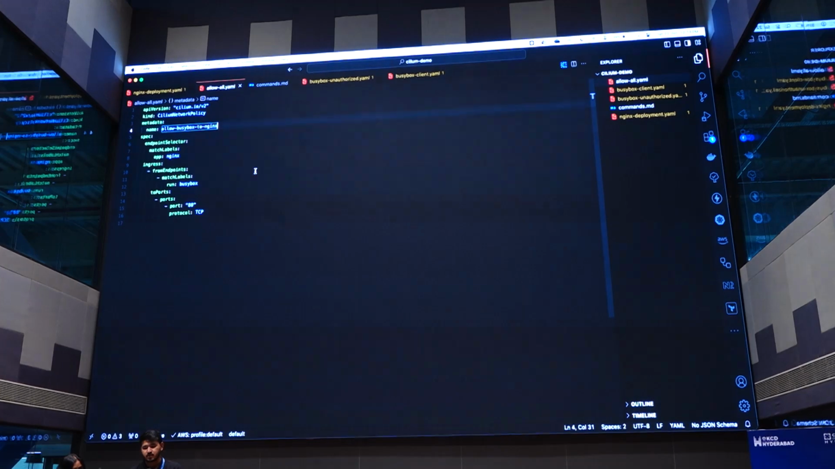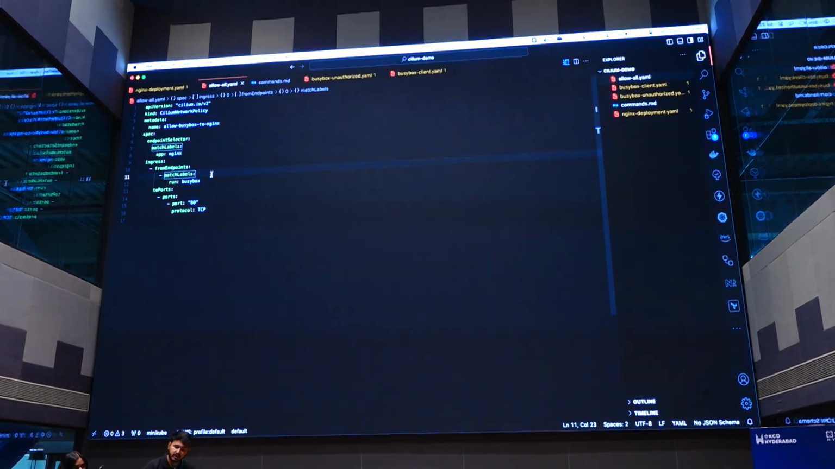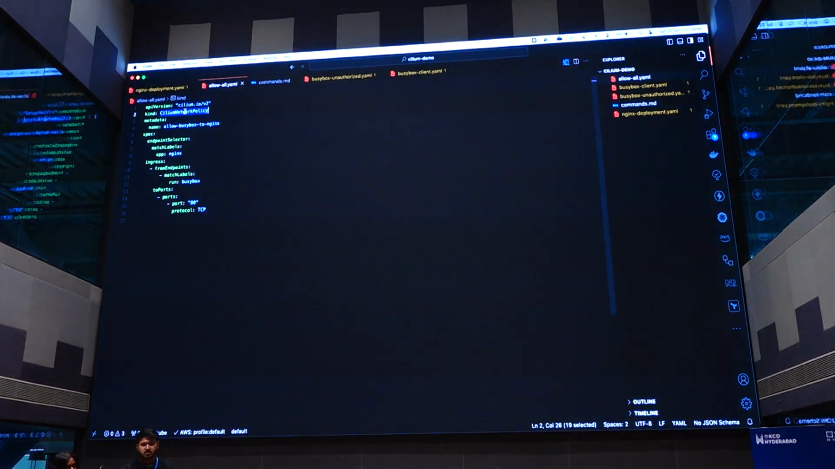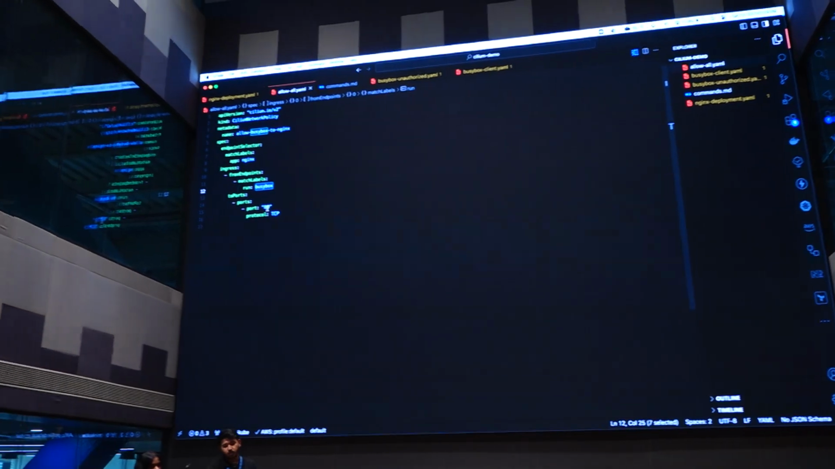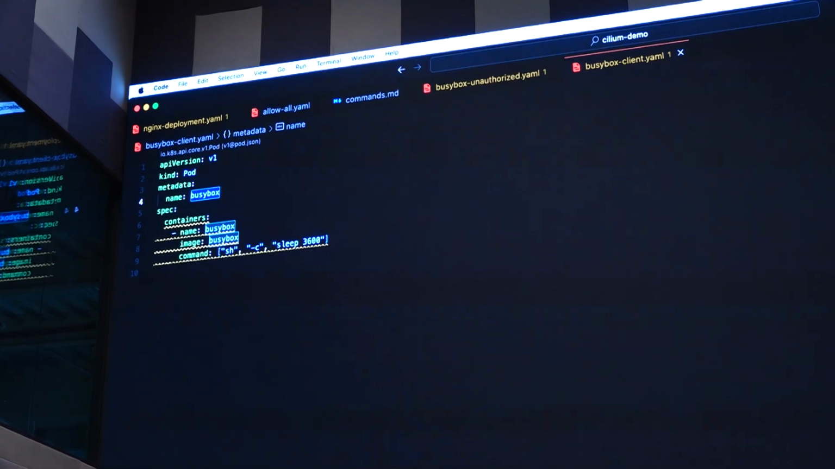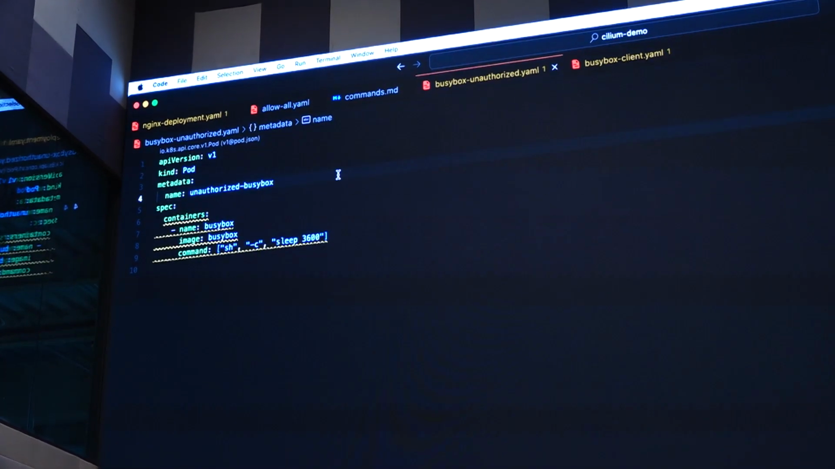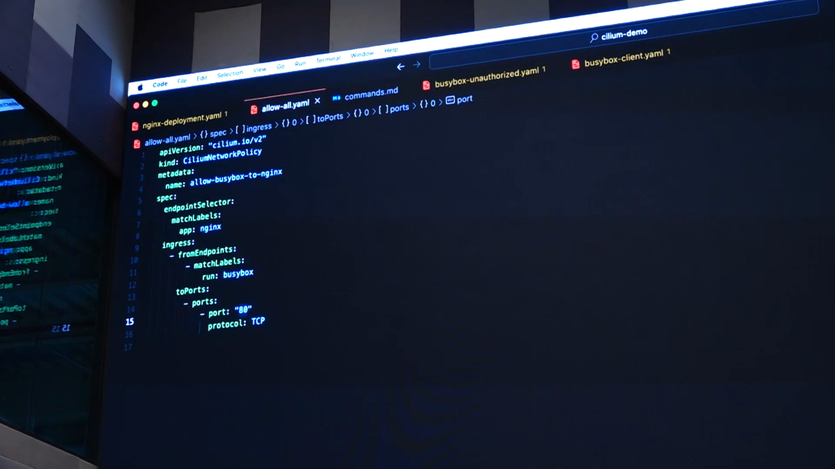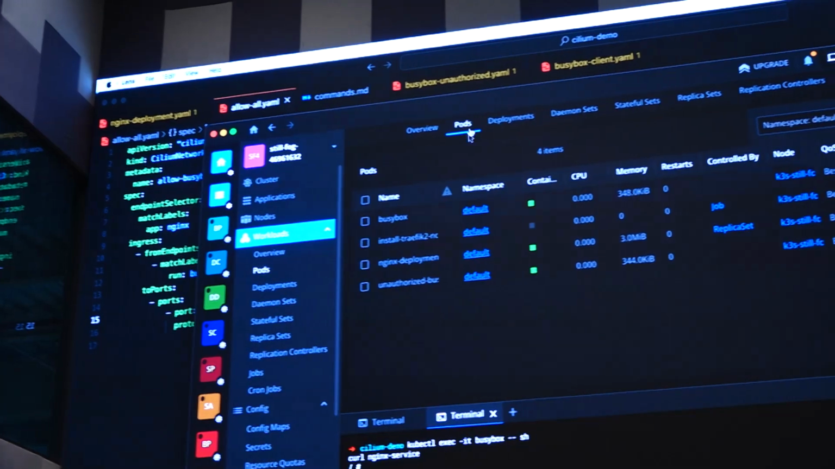So this is the interesting part. We are just saying to Kubernetes that I'm using a Cilium network policy, where you have to allow only BusyBox to port 80. We have our pod name written in our BusyBox file called BusyBox, and we have unauthorized BusyBox which has the name unauthorized BusyBox. Once we apply these policies into our cluster,